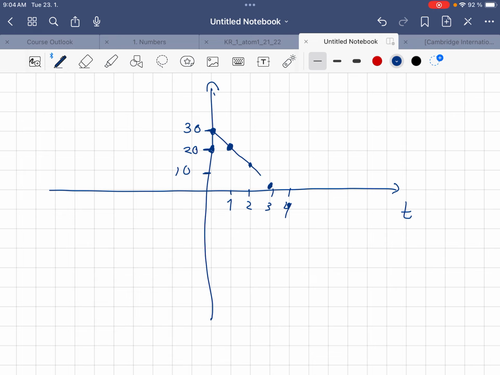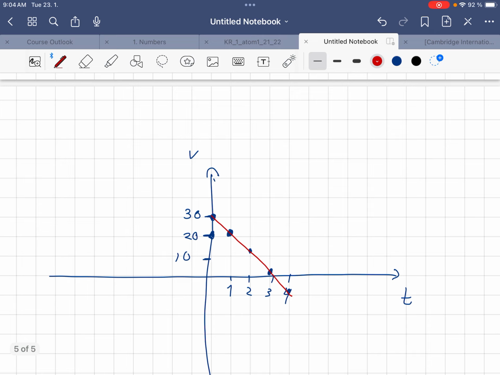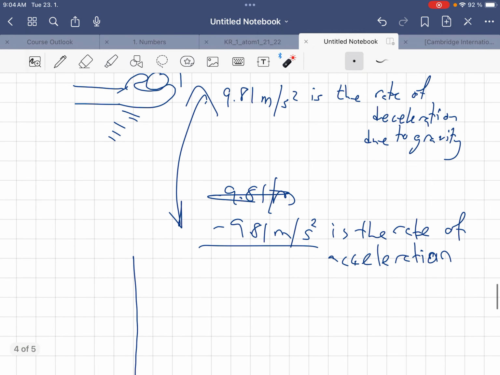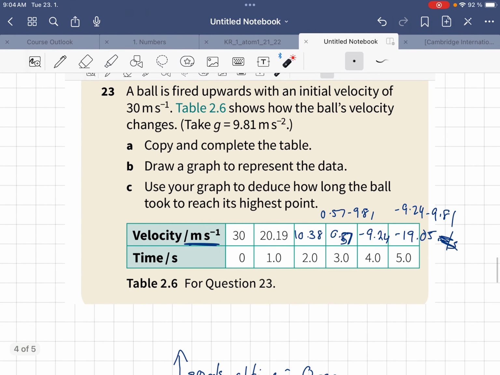So you can see that the trend of this graph is that it's decreasing like this. I can use a different color to show that. So it goes down like this. This is the trend. Of course, we can see it's a straight line because it's uniform deceleration. The velocity is uniformly, equally decreasing every second. That's why it's a straight line. And that's why, if we were to use the graph to determine how long the ball took to reach its highest point,